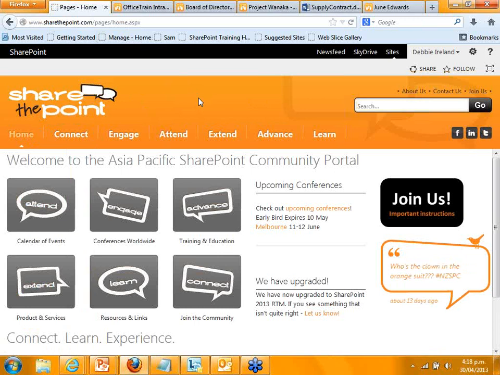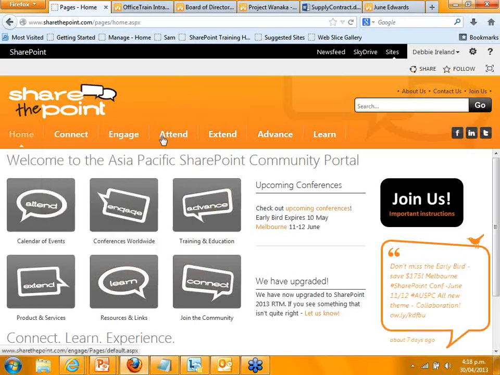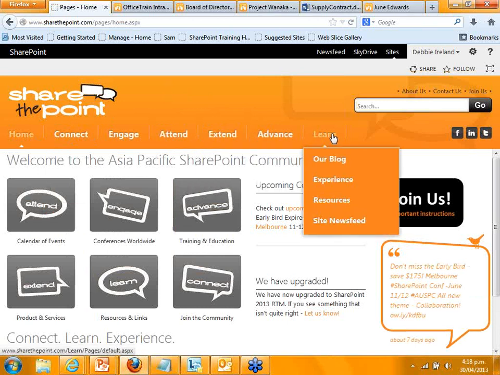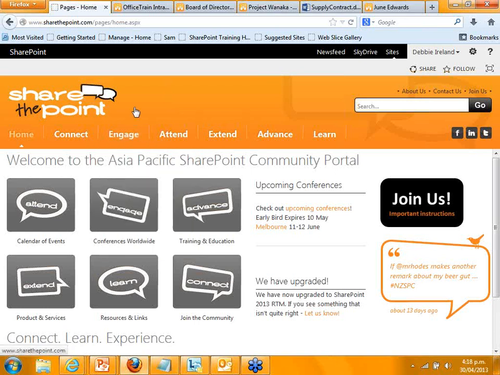So when we talk about having publicly available SharePoint sites, we have the likes of one of these, where you've got all sorts of different pages, like any website you go to, that you can see information. And then underneath all of them, these are actually all different sub-sites. So I just want to show you that first of all, because I'm going to come back to it and show you how easy it is to edit and add some things to a page. But that's showing a public-facing site.